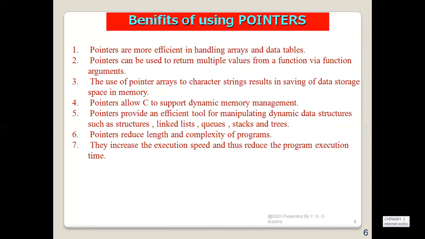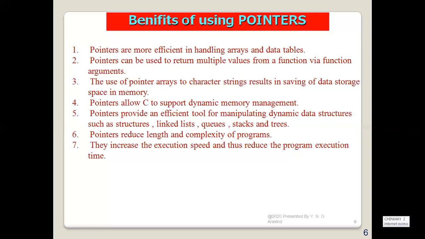For example, if I have declared int a of 10, which is an array, then A0, A1, A2, A3, A4, A5, A6, A7, A8, A9, all these will be in a continuous memory location. Whereas if I define it in the form of a pointer array, then they are heterogeneous. Dynamically, based on the availability of memory, it is going to allocate the memory to that particular variable. So they can be continuous or they can be at different